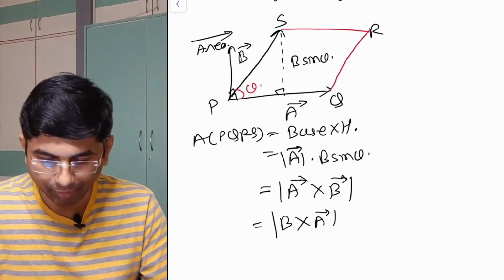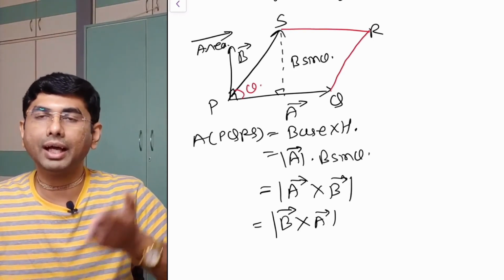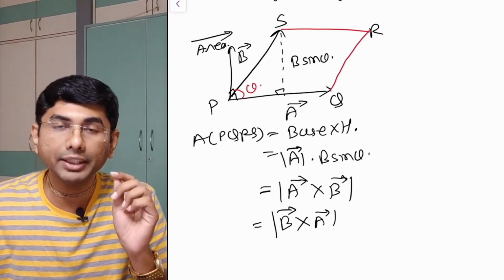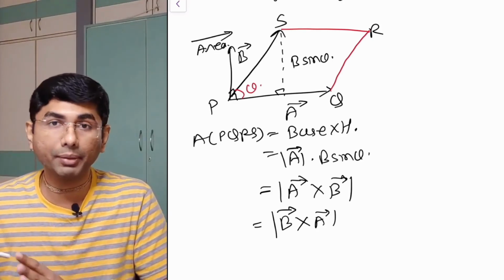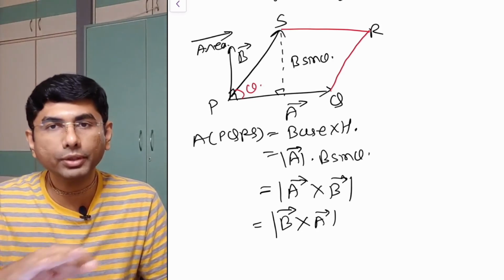In that case I am just writing the magnitude. In magnitude both will be the same. Whether you consider its direction upward or downward, both will have the same magnitude. But why I am saying this direction, because direction also is very important. It will be seen in the later physics chapters, we will be requiring this. The direction will be perpendicular to the surface.